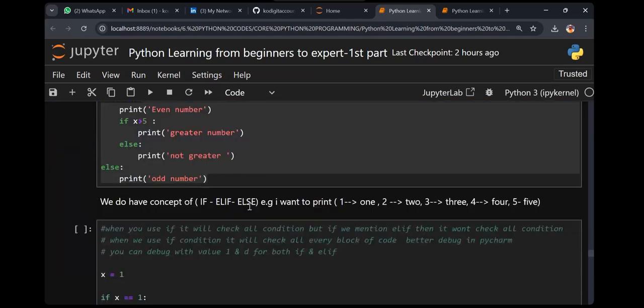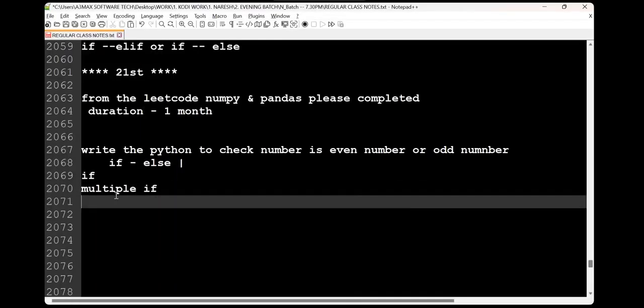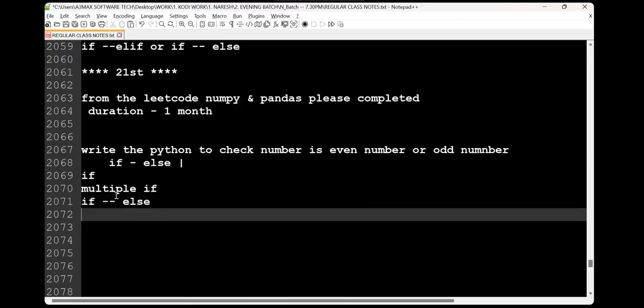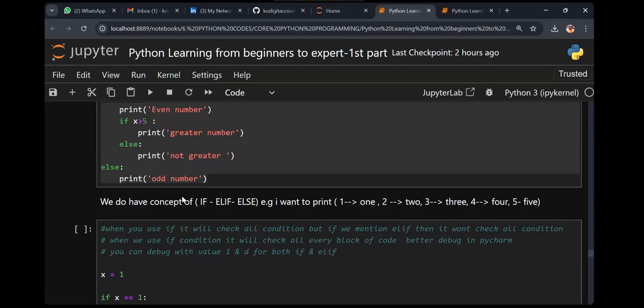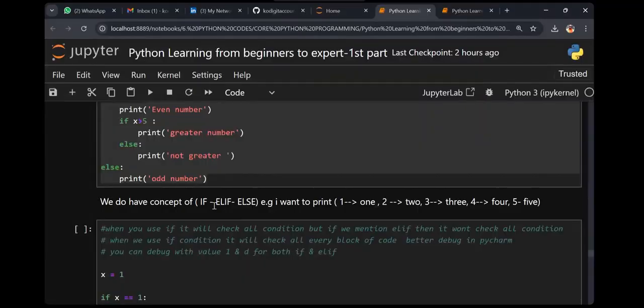So what are the topics we have done so far? The first one, if, we have done, and multiple if, else, and for more conditions we have done. Now the next one, if, elif, else. I want to print number 1 as ONE, number 2 as TWO, number 3 as THREE.